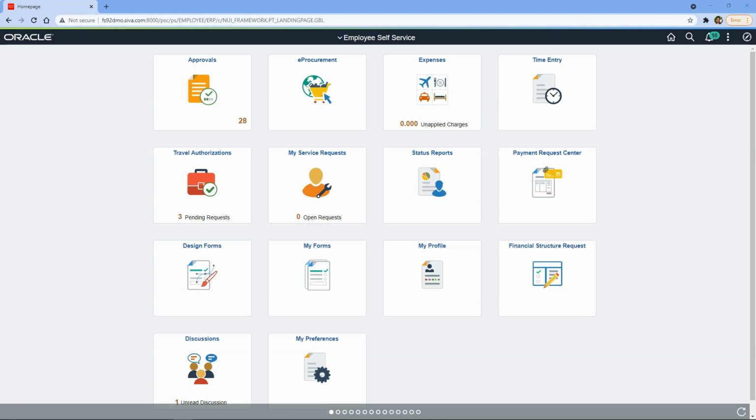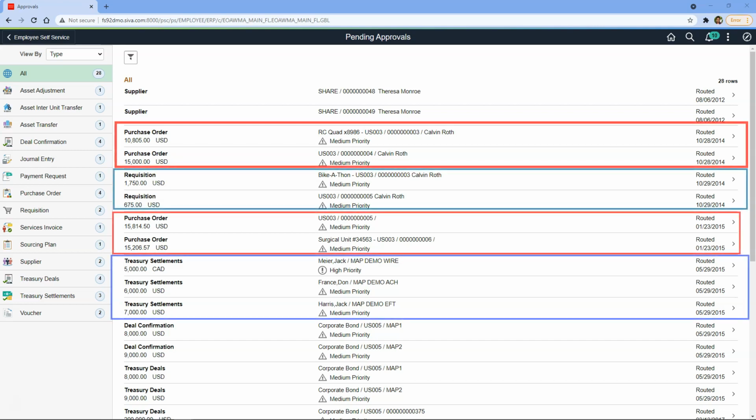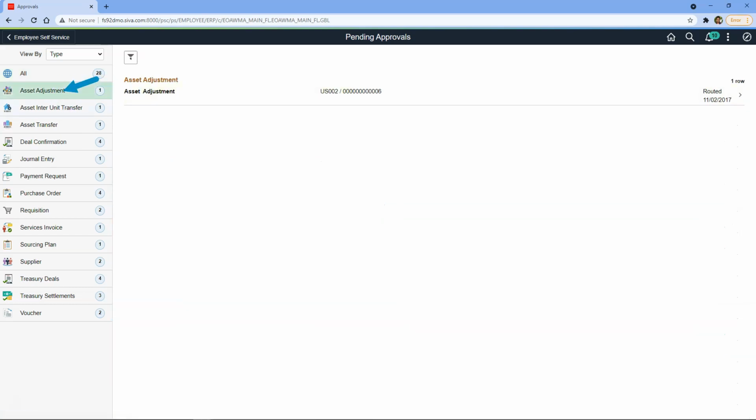I quickly logged into PeopleSoft application just to show you PeopleSoft delivered fluid approval pages. Here I am at Employee Self-Service and this is the approval style delivered by Oracle. I'll open it. Instead of scrambling around, an approver can act upon all his approval requests from one single location that you see here. As you would have noticed, by default it would select all approval transaction types and displays in one single page. The other way to access approval transaction is by clicking on specific approval transaction type, just